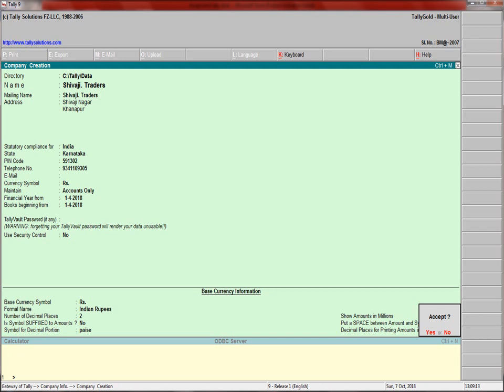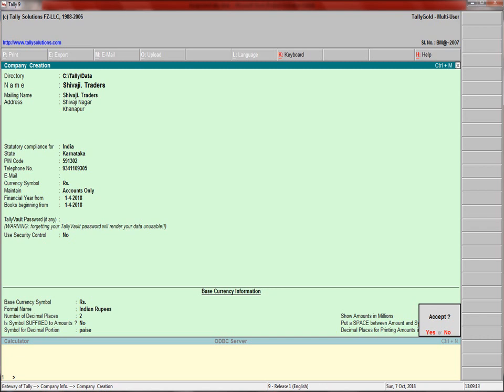And here the main thing is one more field, called maintain. Here two options are available: accounts only and accounts with inventory. You must select accounts only.